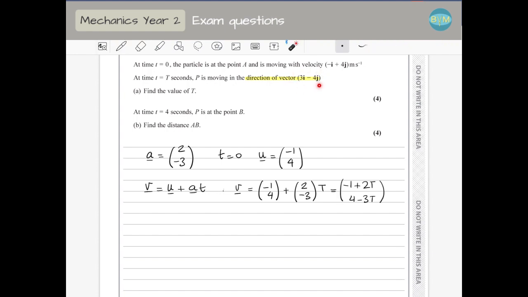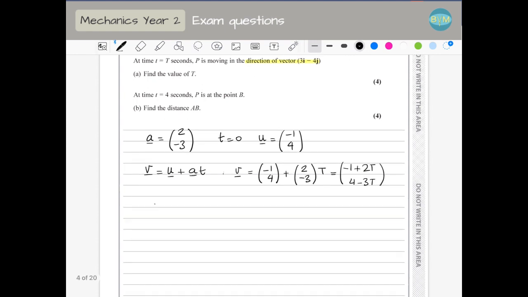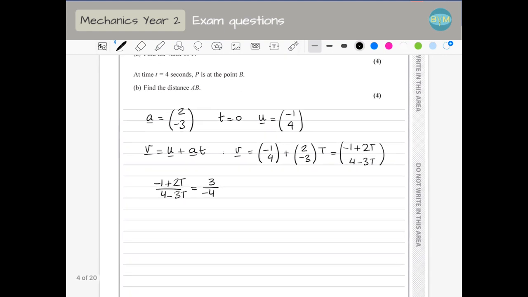This vector is parallel to this one, which means the quotient between i component and j component is going to be equal in both of them. So minus 1 plus 2t divided by 4 minus 3t is going to be equal to 3 divided by minus 4. Yeah, this comes, just in case you don't remember, when the vectors are parallel, one is the other multiplied